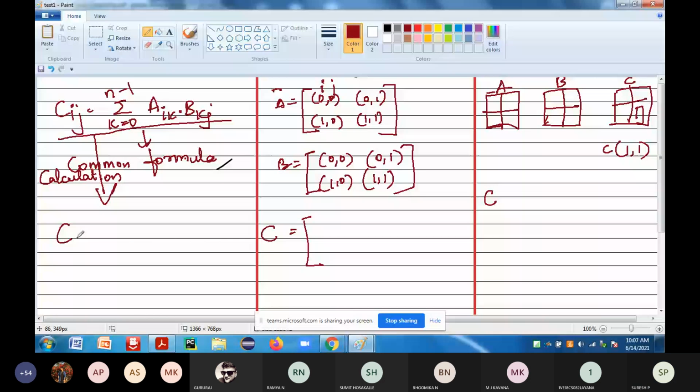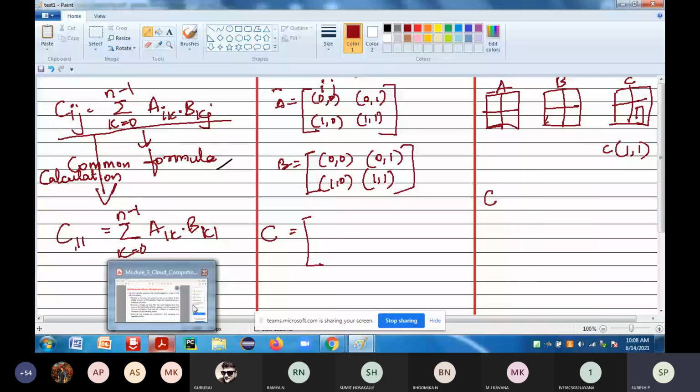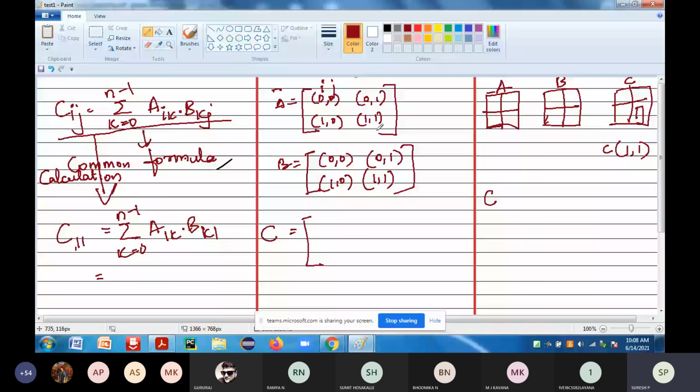Now when you substitute, we need the value of k. Here n is 2, and k runs from 0 to n minus 1, that is 0 to 2 minus 1, which is 1.